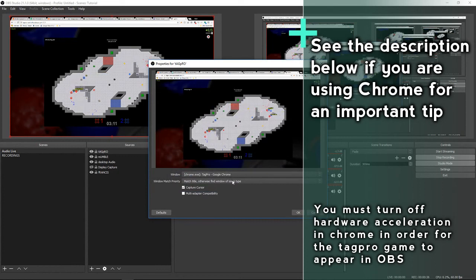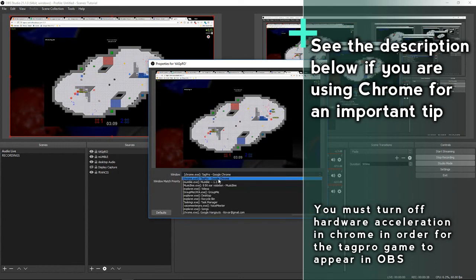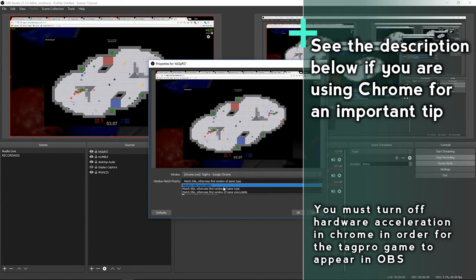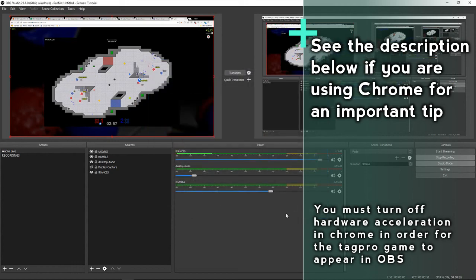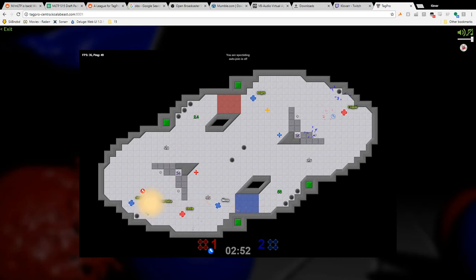And what we want specifically for TagPro, we want Chrome TagPro, and we want this window title must match. That way if you have 1,000 tabs in Chrome like I do all the time, it only selects the TagPro window. So boom, we're going to select that, transition, and there it is. There's my TagPro window. So now when I mute this, or when I change the screen,